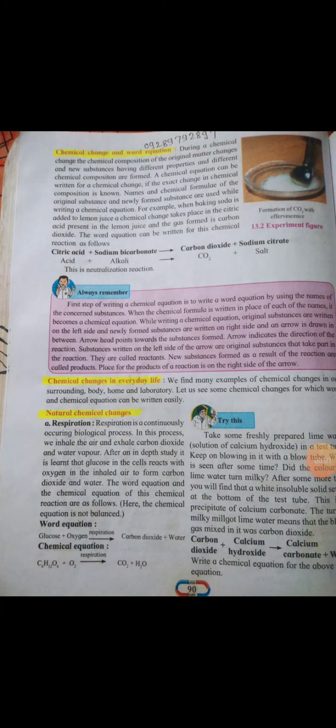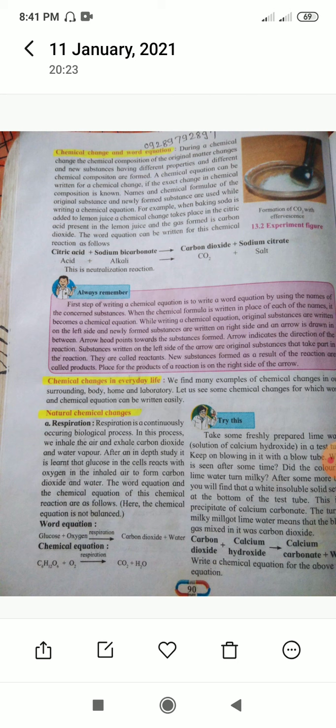Always remember, this is the most important when we are going to write the chemical equation in the word form. Then there are some rules that we have to follow. The first step of writing a chemical equation is to write a word equation by using the name of the concerned